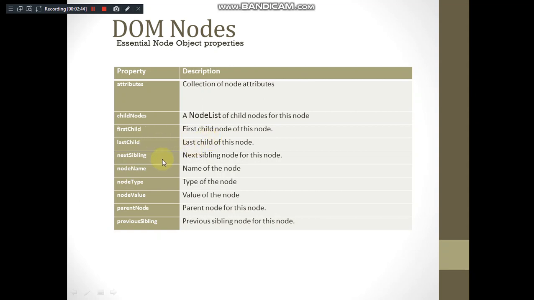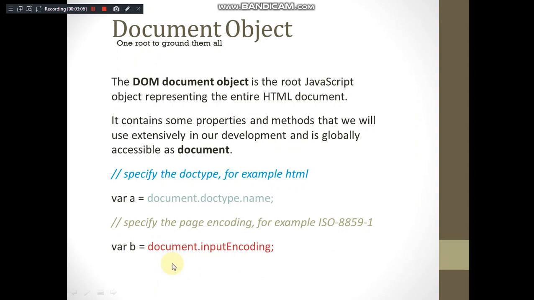Next sibling is the next sibling node for that particular node. Node name you can find out, node type you can find out, and node value can be obtained by using node value. You can find out the parent node of the current node, and the previous sibling node of that particular node. So these can all be identified through these properties available with the DOM.